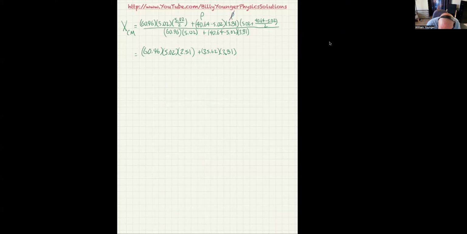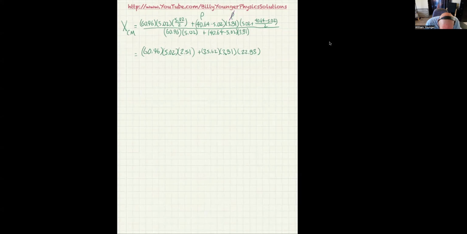and that gives me 22.83. Okay, so that is the 5.02 plus the 40.64 minus 5.02 over 2. All of that is in that one little pair of parentheses there. And then down here, I can do the multiplication again. I'm going to do 60.96 times 5.02,